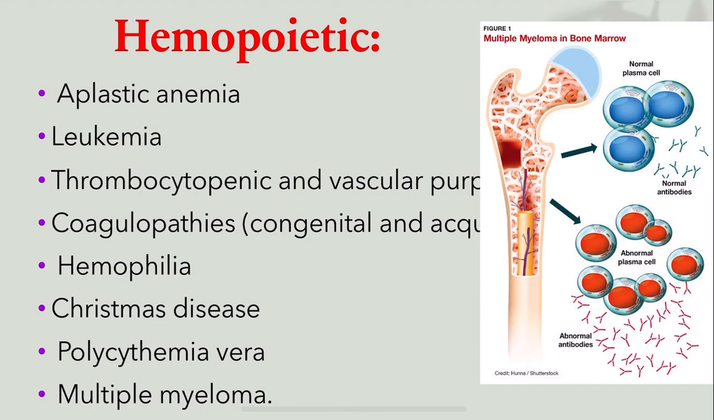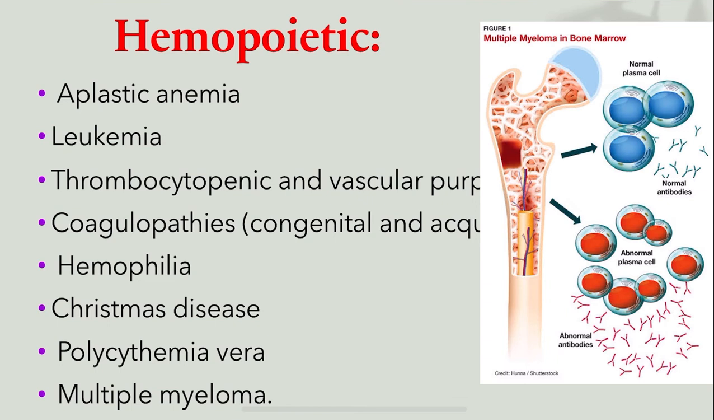Aplastic anemia. So you know from your physiology, aplastic anemia, what it means. What happens here, there will be deficiency of all the types of blood cells. It is caused by failure of the bone marrow development. You can see here the bone marrow, this is about the myeloma. So aplastic anemia, all the blood cells are going to be affected because of the bone marrow. Then